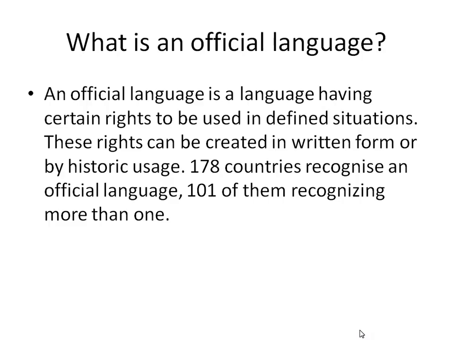178 countries recognize an official language, and 101 of them recognize more than one. For example, India has 2 official languages. For this reason, you will see that it is written first in Hindi, and apart from that, it is written in English. So in India, they have 2 official languages, and in this world there are 101 countries